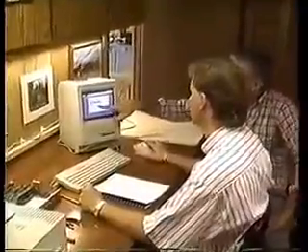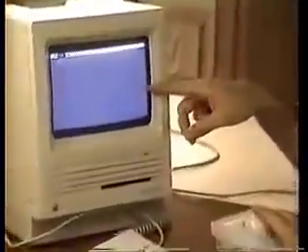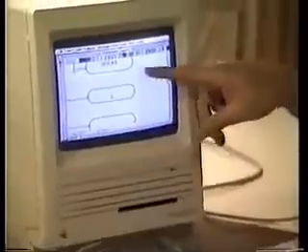Take your cursor down to the diagram that you wanted to work with. Open it up. All right. Then that'll display your